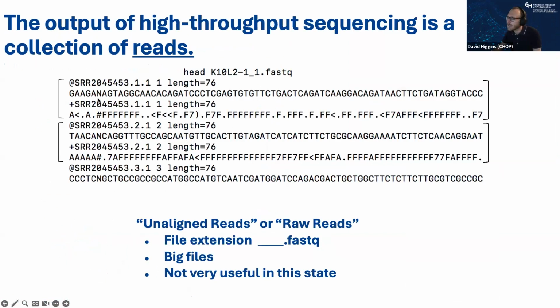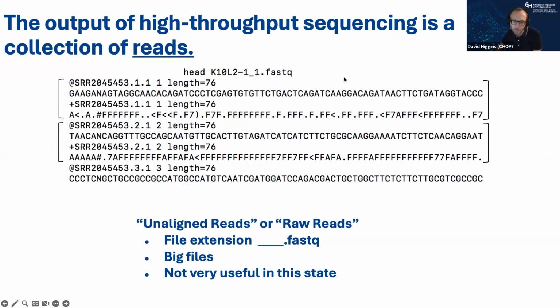So this is what some of this high throughput sequencing data looks like. These are called reads, and these are 76 base pairs long. Here are the letters that represent those base pairs in the genome, and then it has some quality score information. These 4 lines correspond to 1 read, and then these 4 lines correspond to the next one, and so on and so forth. So these are what's called unaligned reads, or this is in what's called FASTQ format, which is kind of the